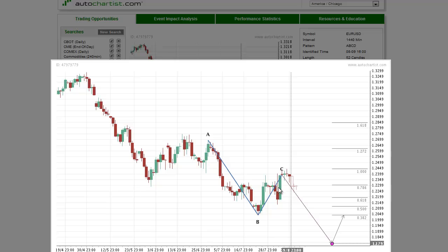And to end the week, following a prolonged move down in terms of price and time, you can see here we had this quick rally up from point B to point C, and this market stalled here. Now Autochartist has identified that we're looking at an ABCD Fibonacci chart pattern in the Euro US dollar. The downside target is 117.93. Now as long as point C holds as resistance, we could see this market break continuously over the next several weeks down to this